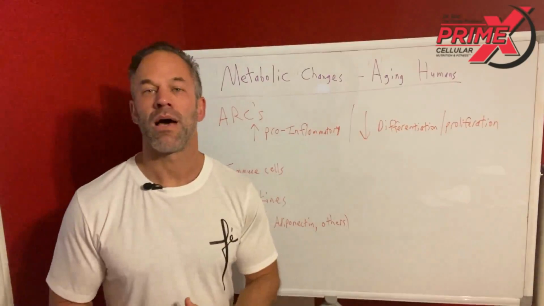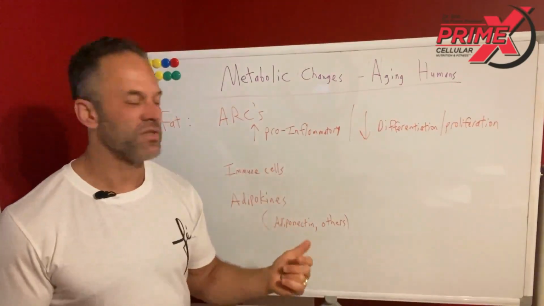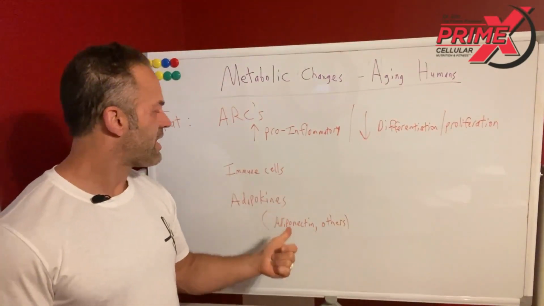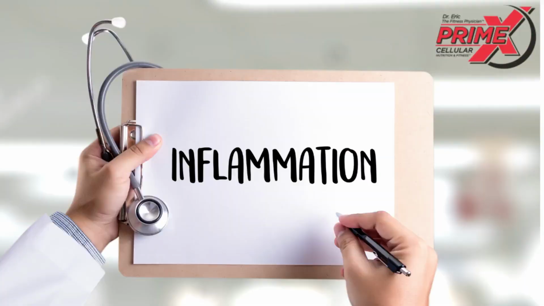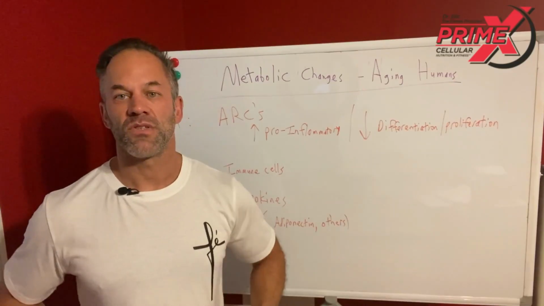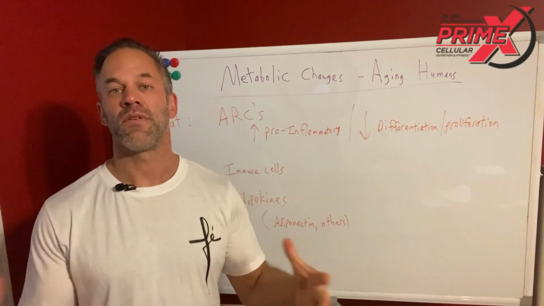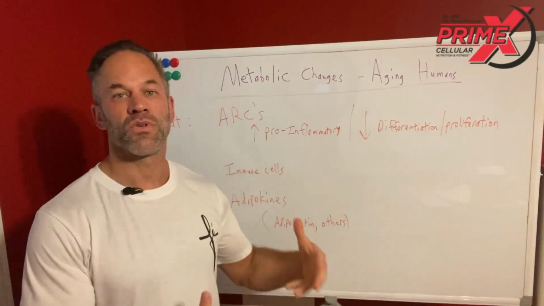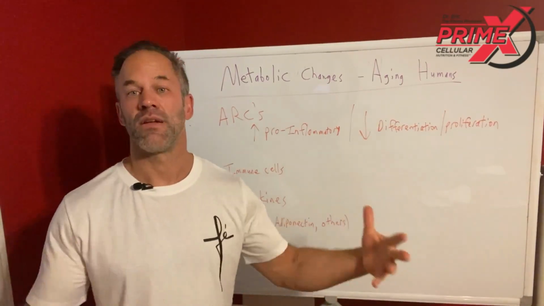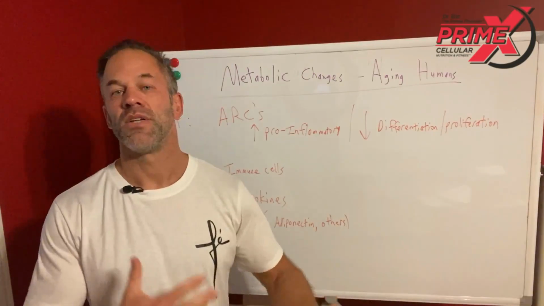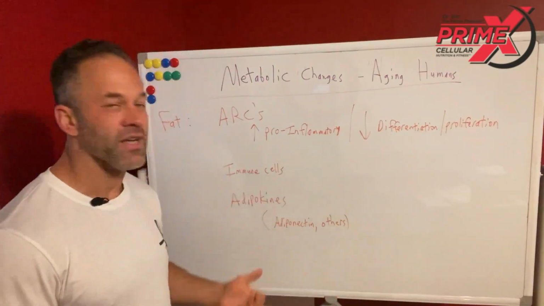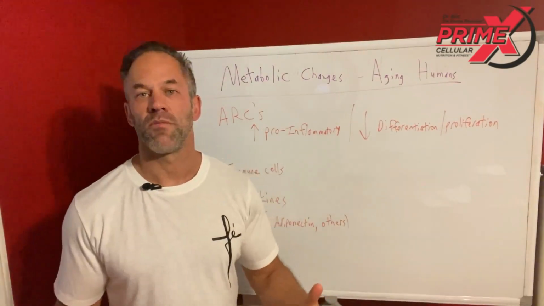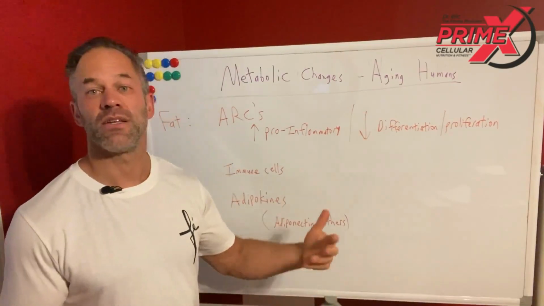The bottom line is that all these actions by these ARCs, immune cells and adipokines can cause inflammation, right? We've heard about this where fat, especially visceral fat, but even subcutaneous fat, can instigate inflammation. And this, of course, affects other cells near them and eventually affects other cells everywhere. This inflammation can spread through these adipokines throughout the entire body. This is the link between inflammation and adiposity, inflammation and fat.